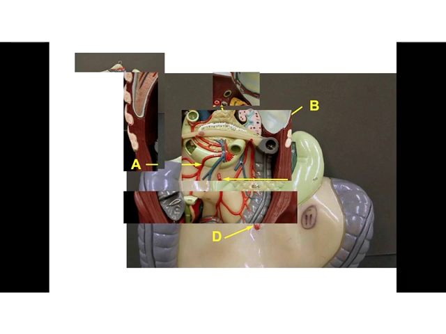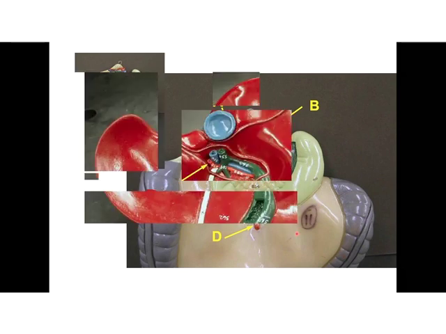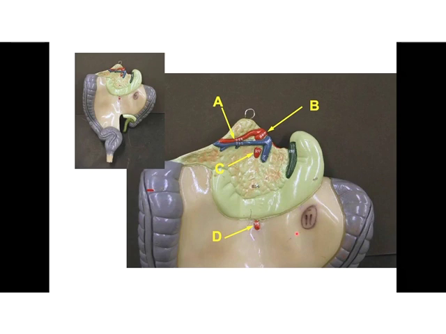Okay? Now, you might wonder, what are some of these other structures? This is duodenum, right? And this right here is bile duct, right? Which comes off the cystic duct, which comes out of the gallbladder. And we'll learn more about that when we get to the digestive system. What was that? A was the splenic artery. Okay, spleen's going to be over here because we're looking at the back. Okay, this is the back of